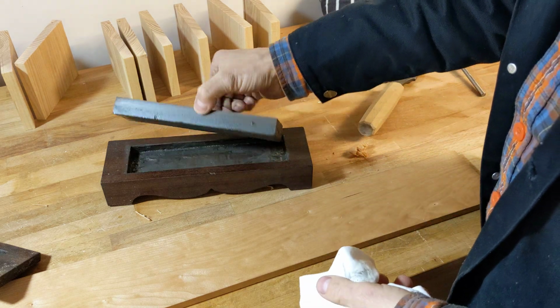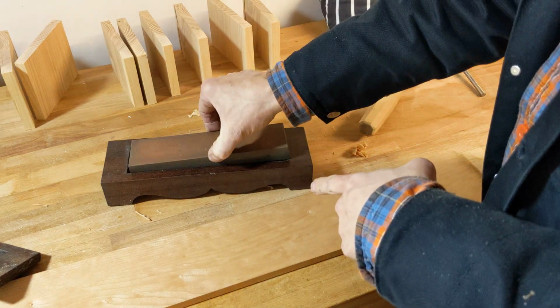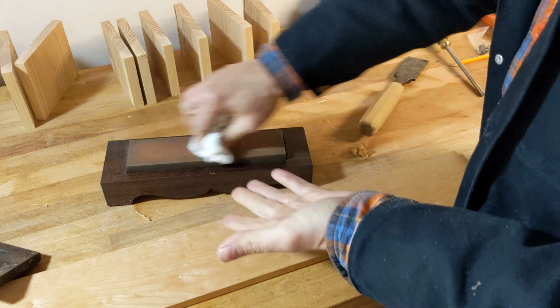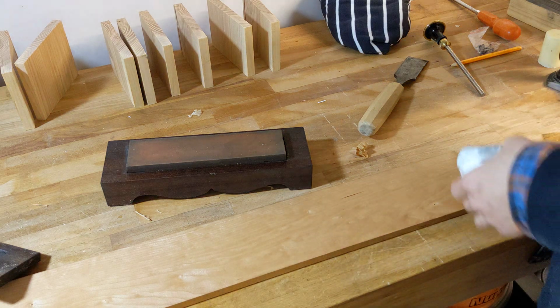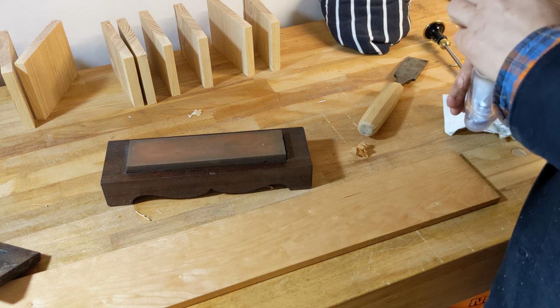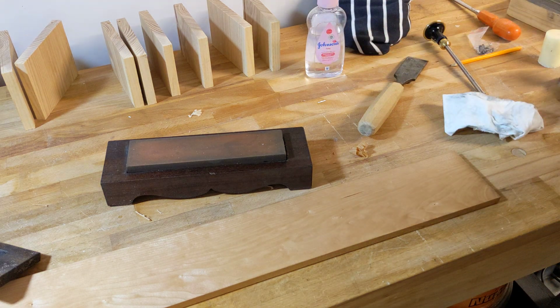This is actually the IB8, which has got a coarse side like a crystalon, and this red side is the aluminium oxide, and that's fine. What does fine mean? It means probably about sort of 400 grit. Now, for a lot of you, if you are looking at different sharpening supplies, you'll be thinking, wow, blimey, 400 grit, that sounds coarse. And yeah, I can see where you're coming from, but you don't need to worry too